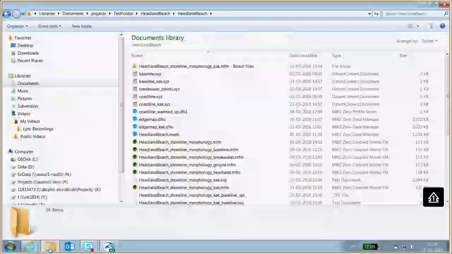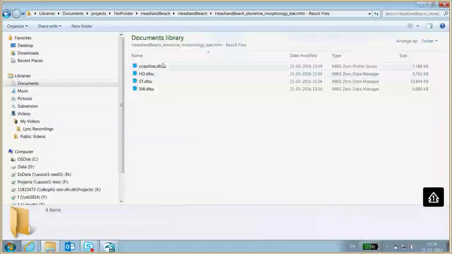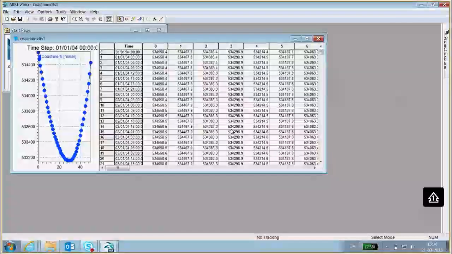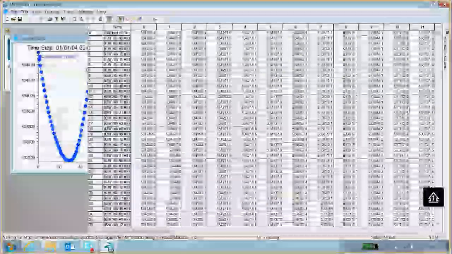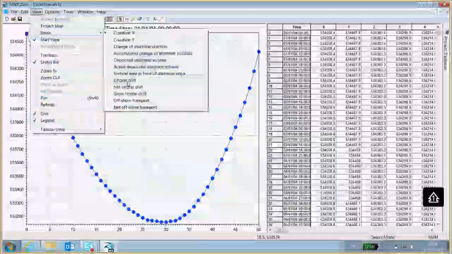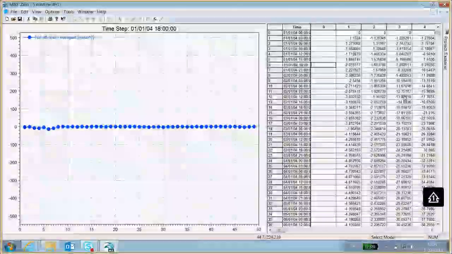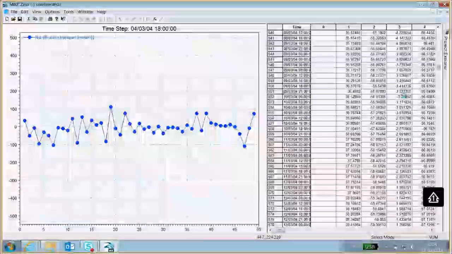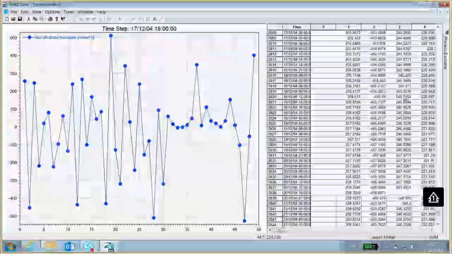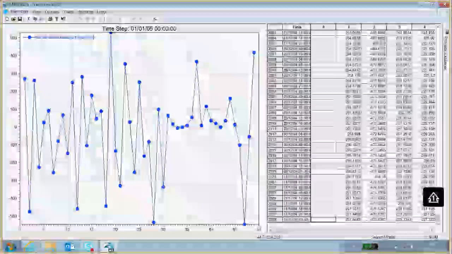But now while that is running, we can have one more look at some of those other results from our warm-up run. So I think it's interesting to check this net offshore transport to see what we end at, and in the present case we end at plus minus 500 cubic meters.